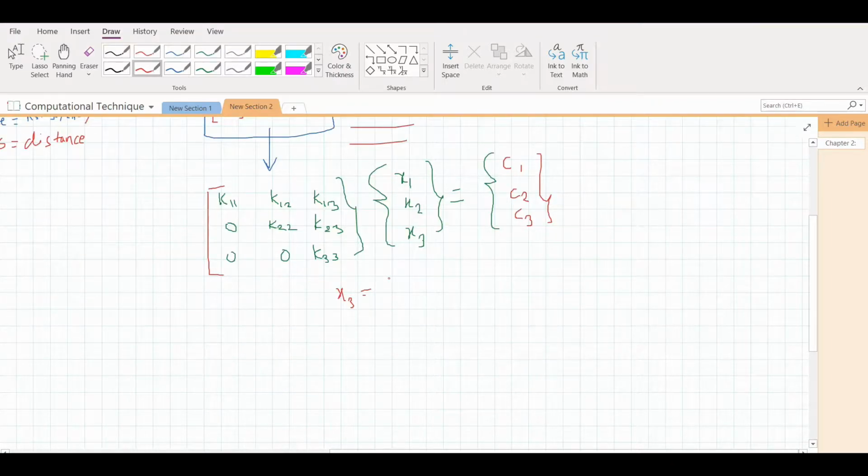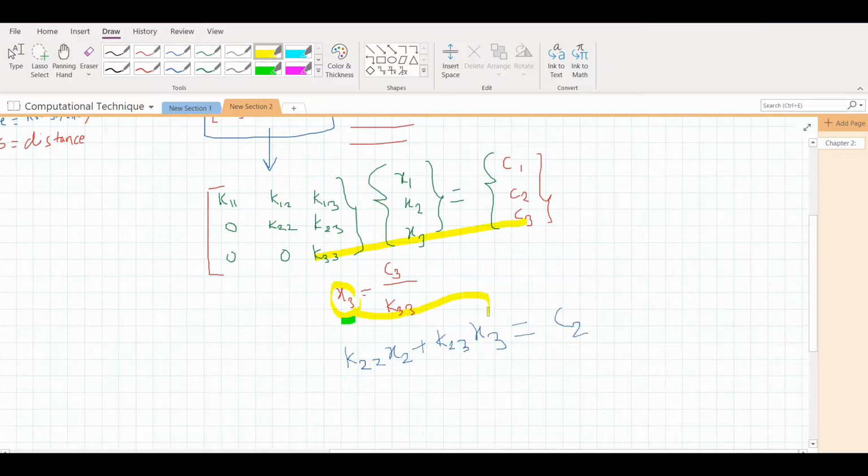So you can easily solve for x3 first, equals c3 by k33. And once you know x3, you can open the second row. Now for this one, since you know the value of x3 from this equation here, you can substitute it here to obtain your x2. So x2 will be equal to, similarly,